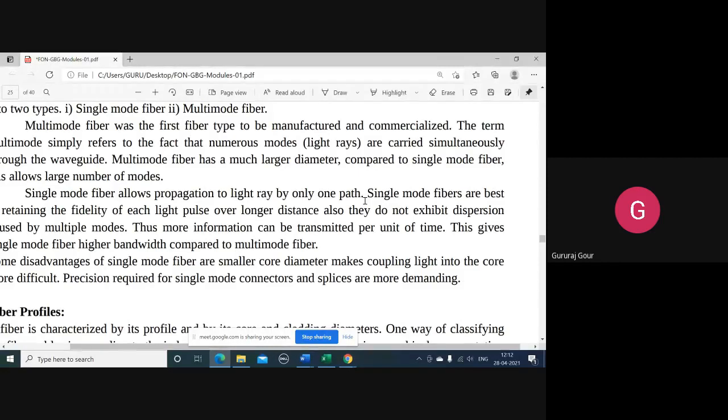Cost of manufacturing, that's all. The manufacturer thinks: if it has to support only one mode, why keep its diameter very large? So they will keep it very small. Whereas in multi-mode you have to support multiple modes, multiple information you want to transmit here in this case. So the manufacturer normally thinks that we have to multiplex or club a lot of different types of light rays. You have to keep its mouth a little bit wider compared to the single mode. So the diameter is larger compared to the single mode.